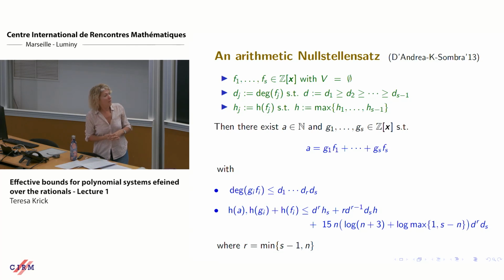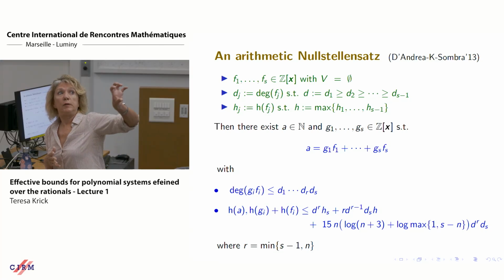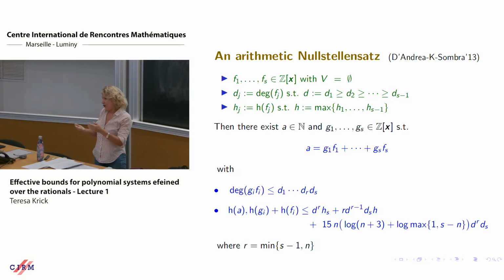In fact, when I showed the arithmetic Bézout inequality, in the same paper we also had a version of the Nullstellensatz which was less precise than this one. And this previous proof was based on recurrence, on divisions. So you started dividing the last one by the last polynomial in a bigger algebra, in a quotient algebra, and then you kept adding polynomials. But the proof by Jelonek is not at all recursive.